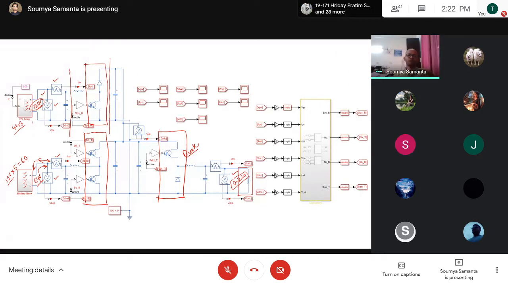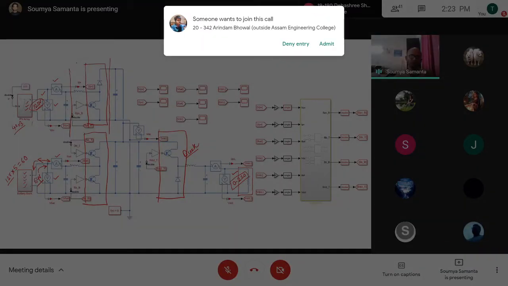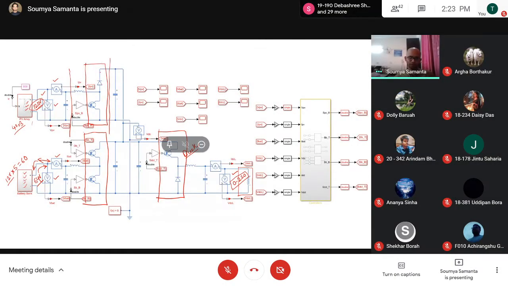Okay. So now this is called the IGBT leg. This is one leg. One leg consists of two IGBTs connected with anti-parallel diodes. Okay, this is basically two switches. Fine. Now, this point at the junction, this is called the junction. We are basically connecting an inductor. At the junction, we are connecting the inductor.